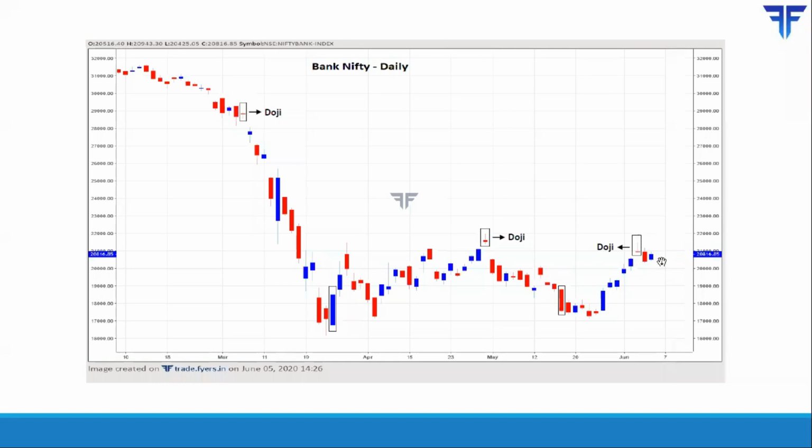Again, another doji pattern formed over here. Now in this particular case, this was a gravestone doji because the body is situated at the bottom rather than at the center. In the next 2 days, the high of the doji was not broken, so it'll be interesting to see what happens, because price has entered into a minor consolidation, indicating continued uncertainty over here.